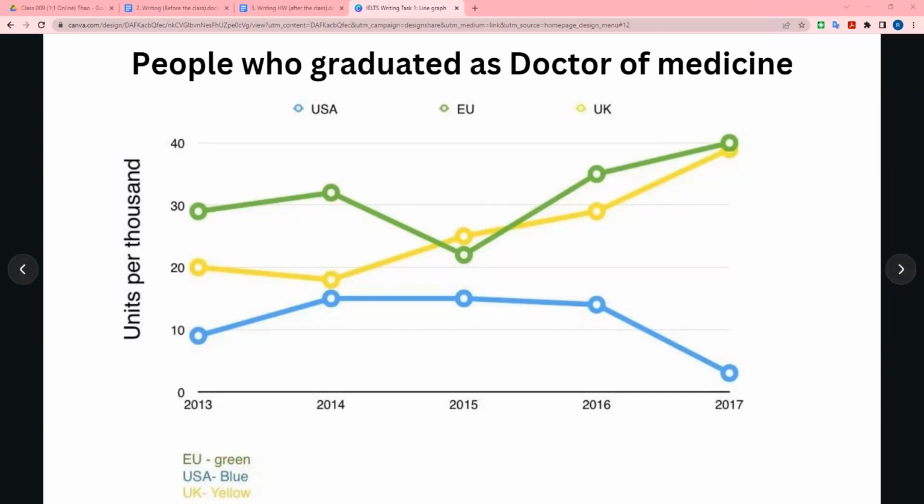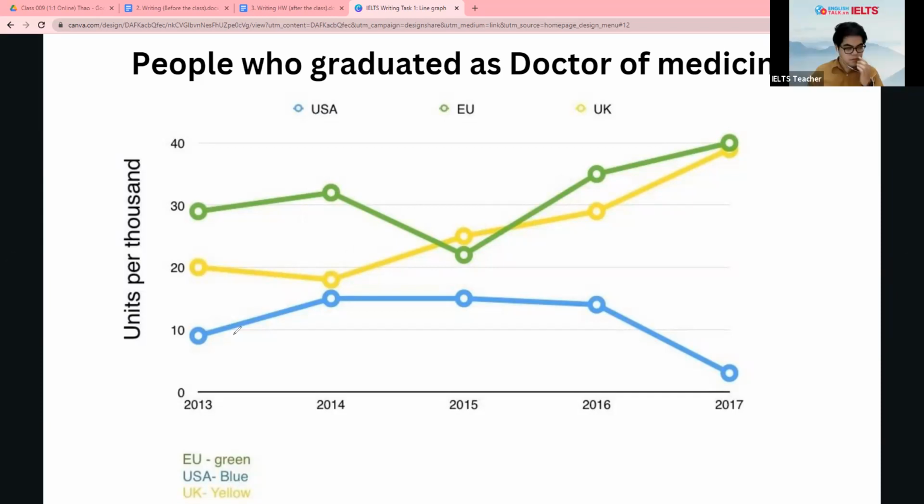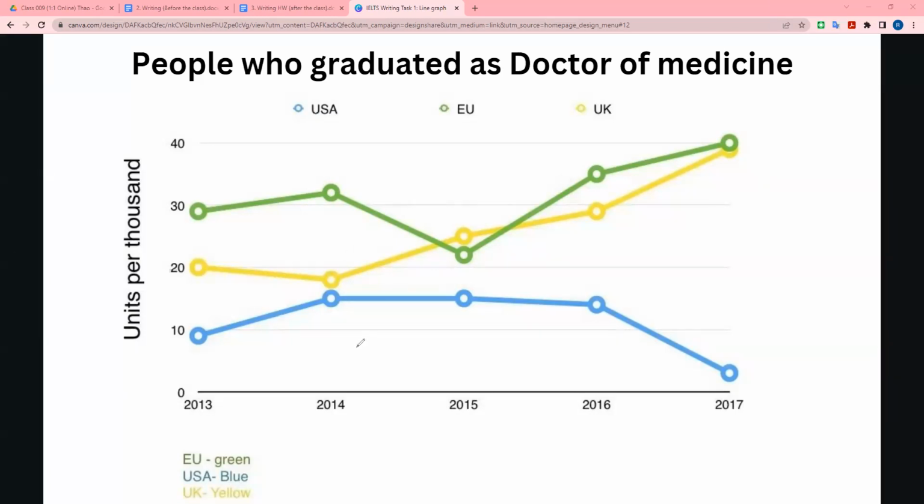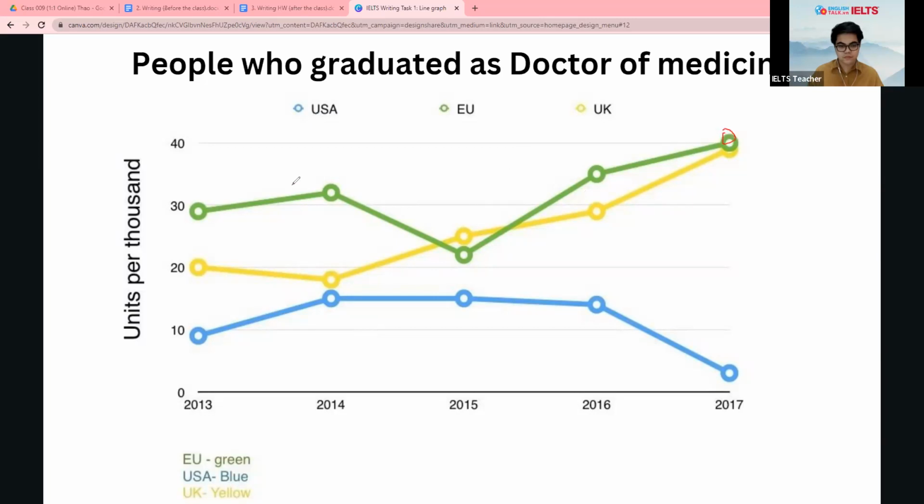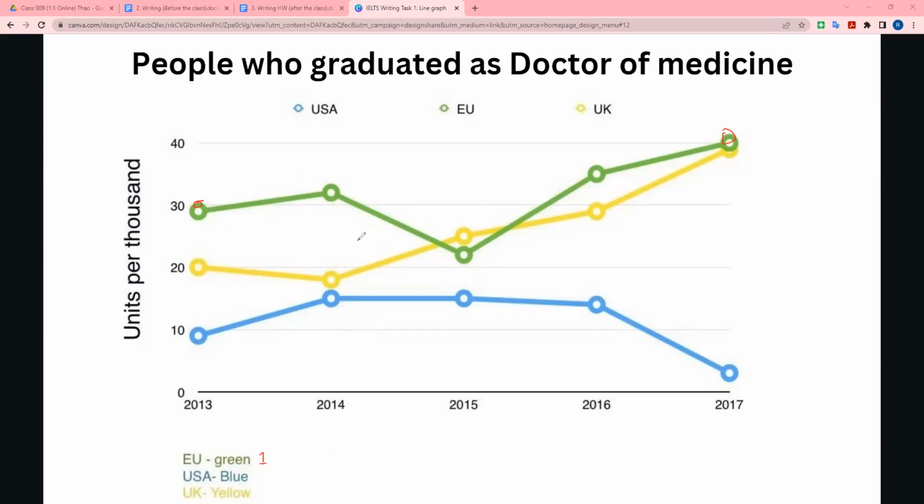The whole trend was not stable, and the number of people who graduated as Doctor of Medicine in the EU was the highest, while it is the opposite for the USA throughout the period. In paragraph 3, I put EU and USA from 2013 to 2014 both increased slightly, while from 2014 to 2016,